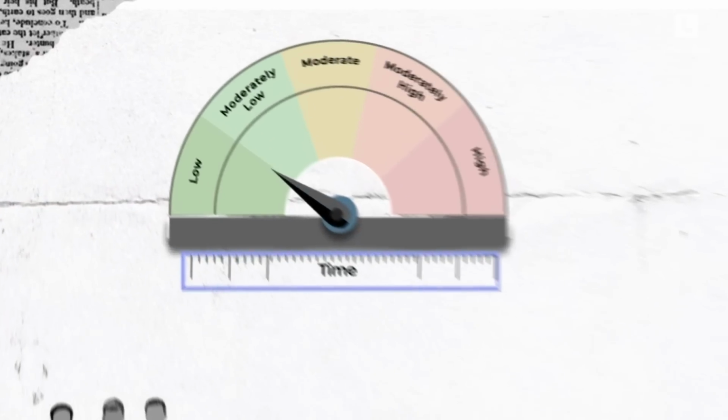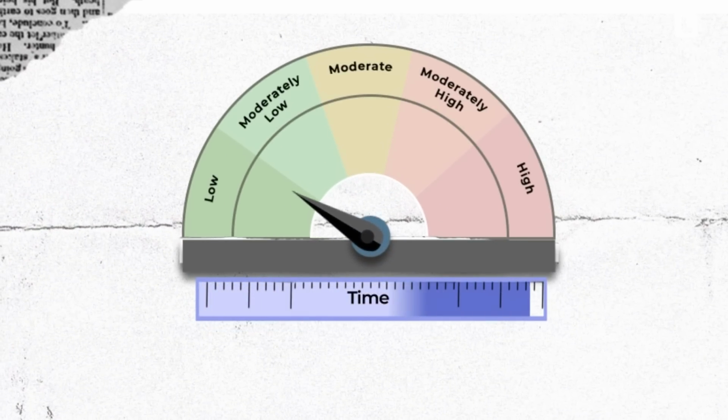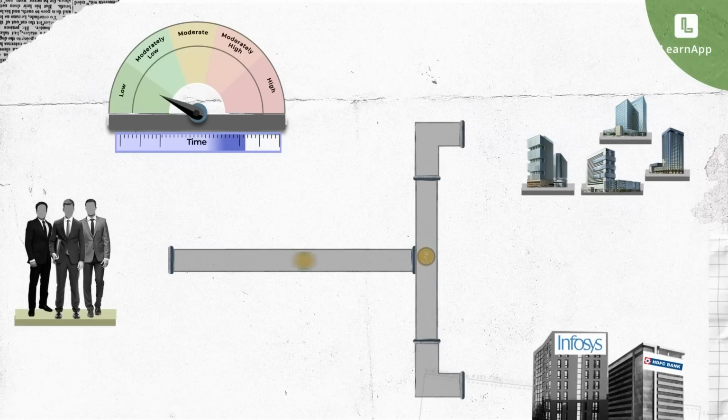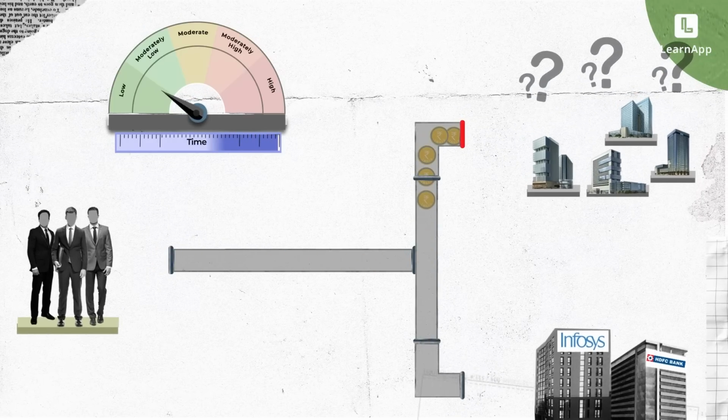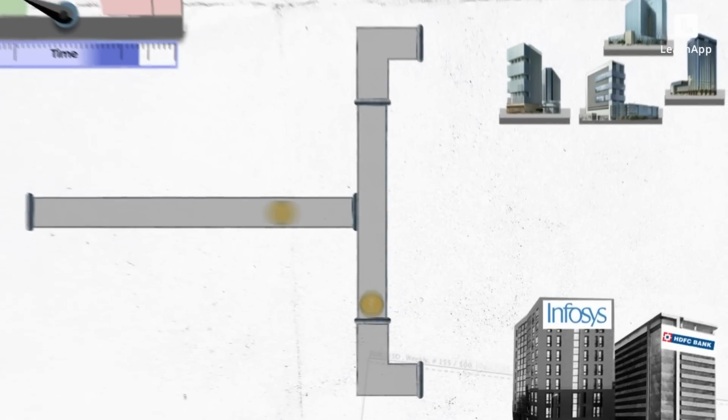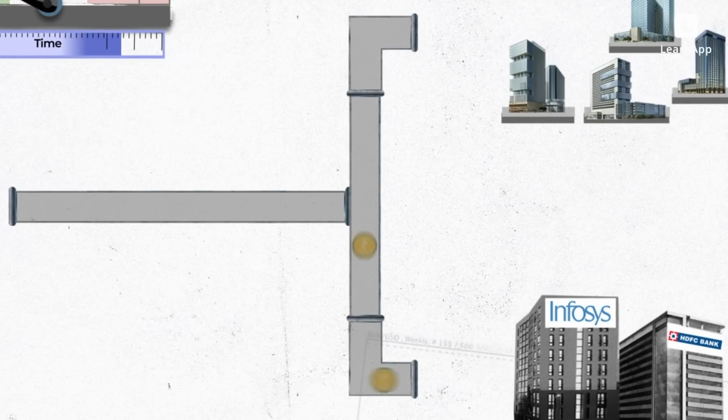Now, I want you to think. As a manager, if you're managing a large amount of money, so these guys are thinking in terms of decades. So they want to take lower risk, but want to invest for a long period of time. Now the question is, will such a company invest in, say, a penny stock? A stock that's 2 rupees, unknown company, a bunch of people are running it? Of course not. This money is for pension. So they have to make sure it's going to a known company, like say an Infosys or say an HDFC Bank or one of these companies, because they can also handle the amount of money they want to invest. So basically, these guys have a lot of money invested over a long period of time.